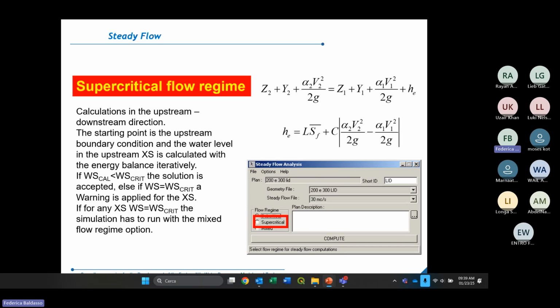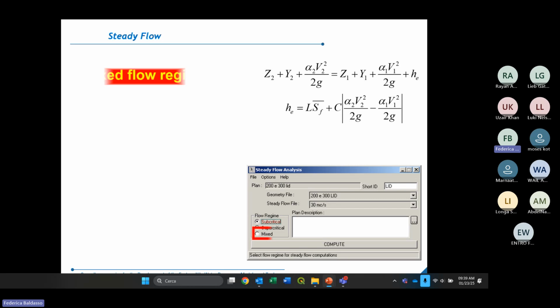The threshold, let's say, that divides the supercritical and subcritical regime is the critical condition, which is a characteristic that depends on the geometric data of the system and can be computed